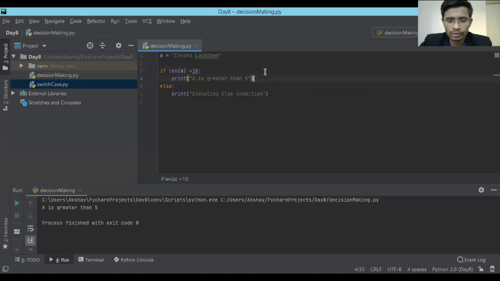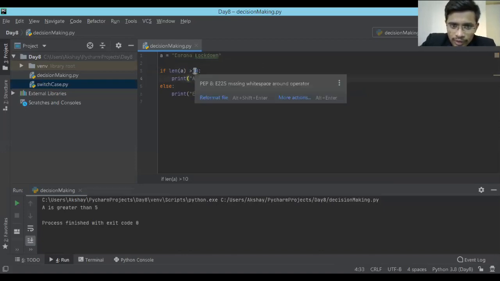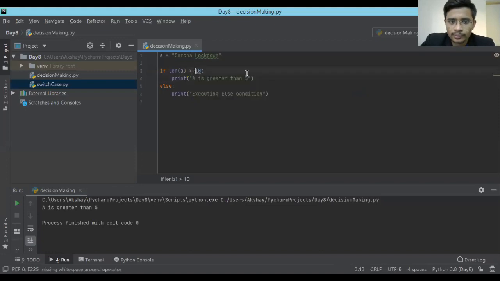No, let it be. I want to try it like this. So let's go and check the length of a with the white space. Now let's run this code, and okay, the length is not greater. The length is less.